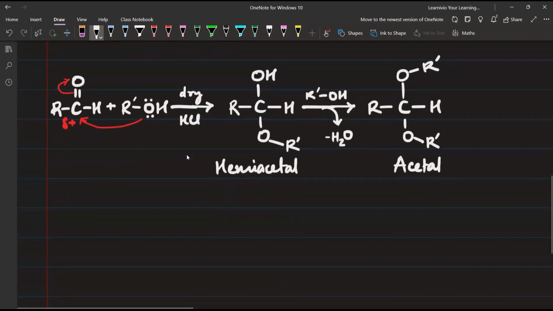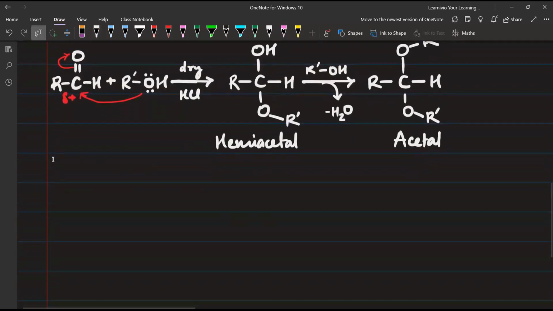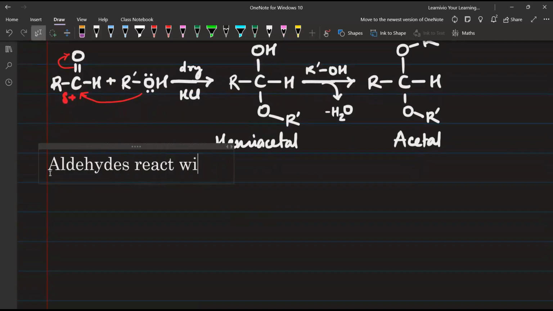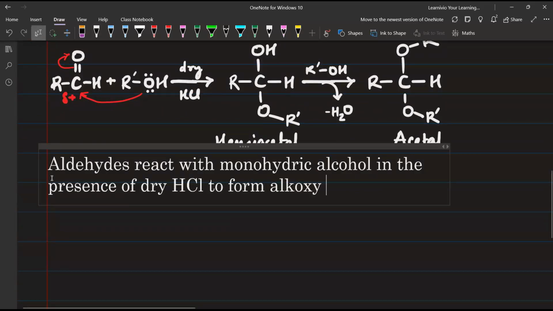Okay, write this down, and then you also need to write a statement. Topic, if you have not written, it is reactions with alcohol. You write with me. Aldehydes react with monohydric alcohol in the presence of dry HCl to form an important word, alkoxy alcohol. That means you will have an alkoxy group and a hydroxy group both, which is hemiacetal,